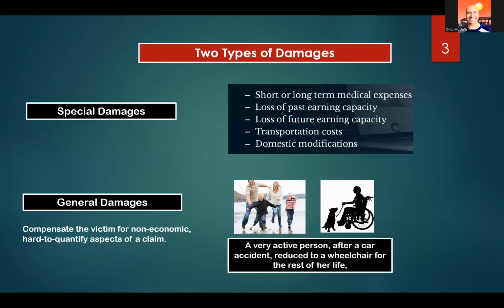So we call them general damages here for CAPE purposes. General damage is used in many books, many CAP books use the same name, but they also use three other names. Just in case you come across the other names, pain and suffering, non-pecuniary, non-economic, you will remember that they're talking about catastrophic injury sustained by this person. So they compensate the victim for non-economic, hard to quantify. See, hard to quantify. You cannot put a dollar value on the effects of this injury. Okay, so